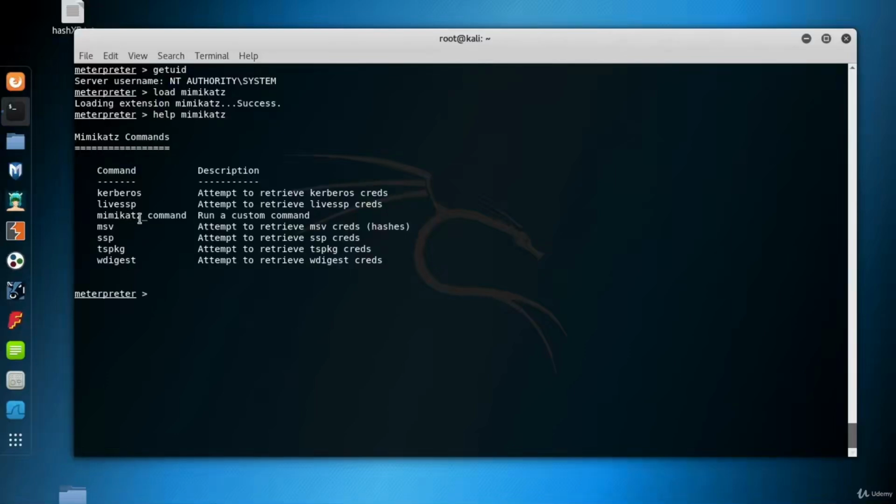Now, Metasploit provides us with some built-in commands that showcase Mimikatz's most commonly used features, dumping hashes and clear text credentials straight from memory. However, the mimikatz_command option gives us full access to all of the features in Mimikatz. Though slightly unorthodox,